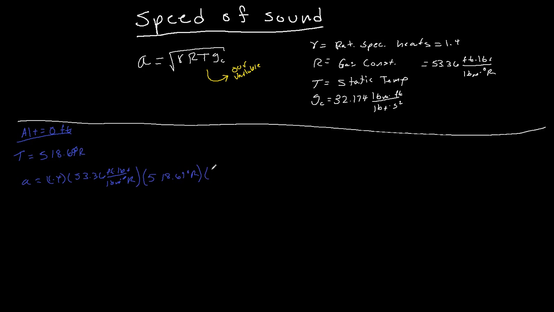And then our conversion factor, G sub C, 32.174 pounds mass feet per pounds force second squared. Okay, I'm just going to raise this to the 1/2, it's the same as the square root. Okay, and this is going to work out to be